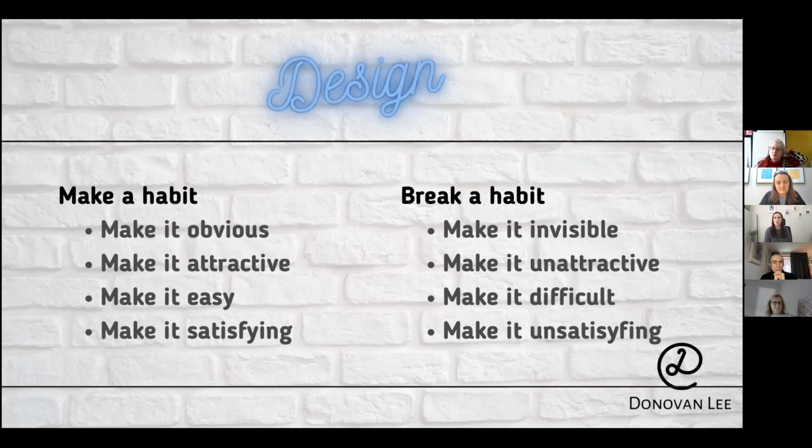Make it attractive. So you're trying to make a habit, how can you make it more attractive? So making it very straightforward and easy, having the bottle there already set up for you in the morning. Make it easy and make it satisfying. So if there's a way that you can track your progress as well on your water drinking, that's always a good way to make it satisfying instantly. A lot of these fitness apps have water trackers included. So that's a water example.